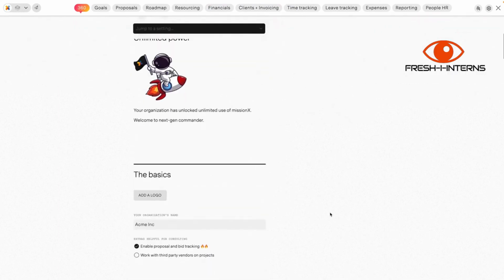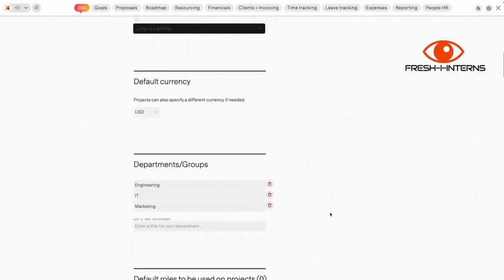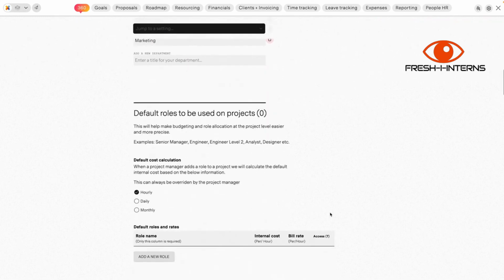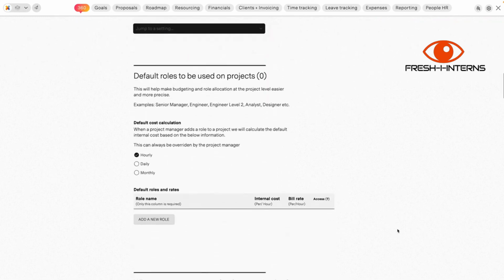So while we're here, one of the very few things that I would recommend doing right off the bat is adding some roles to your organization, especially if you're a consulting type company. But even if you're not and you want to track costs, by adding a role, for example, senior engineer, drafter, web designer, we can quickly and easily add people to our projects and have our budget automatically created for us. So let's just leave this default calculation as hourly, and I'm going to add just a simple role, a designer,